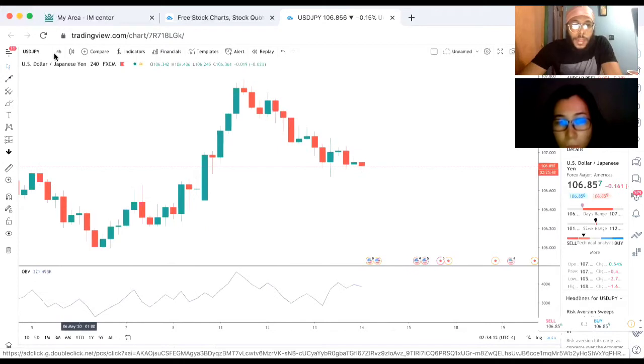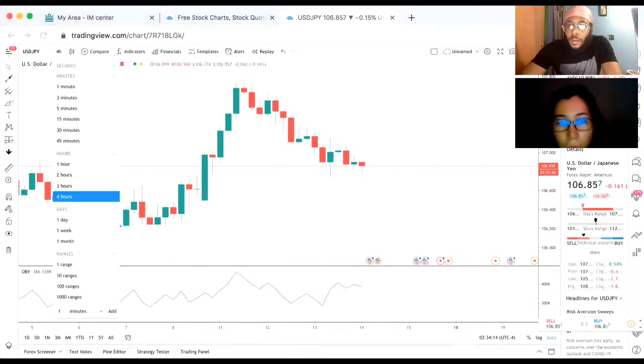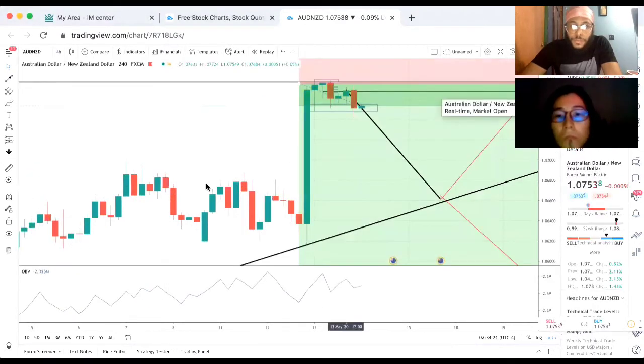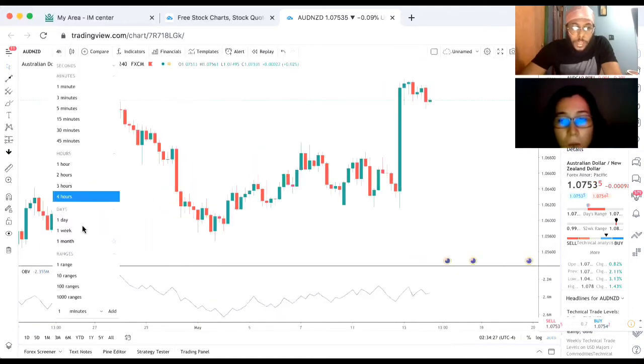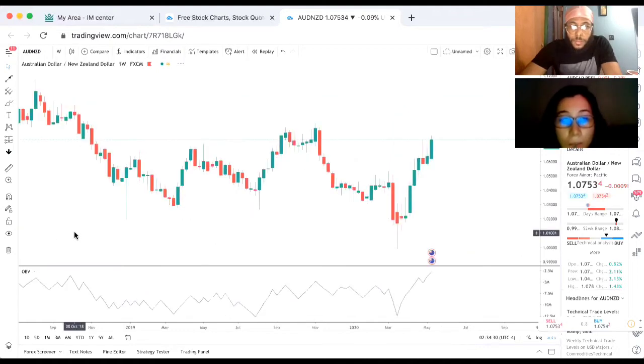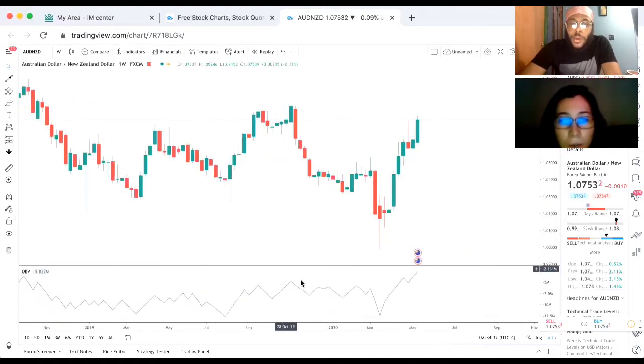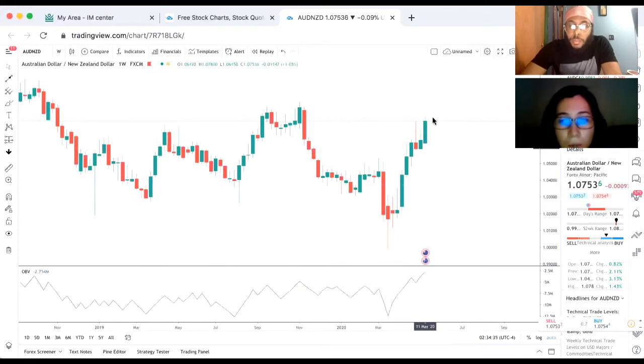Let me go ahead and identify this right here. I'm currently on this trade here, and I'm just going to take everything out. If I go to the weekly, where would be the point of interest that would send price down? This one here, because this is the last green candlestick before the push down.